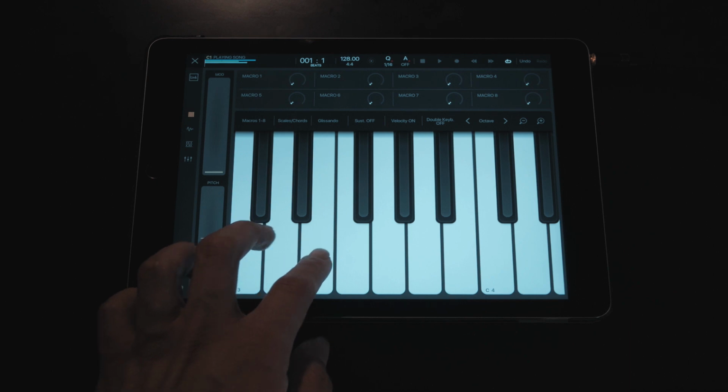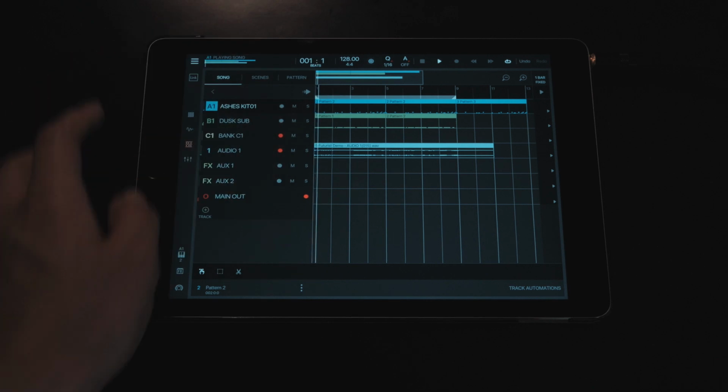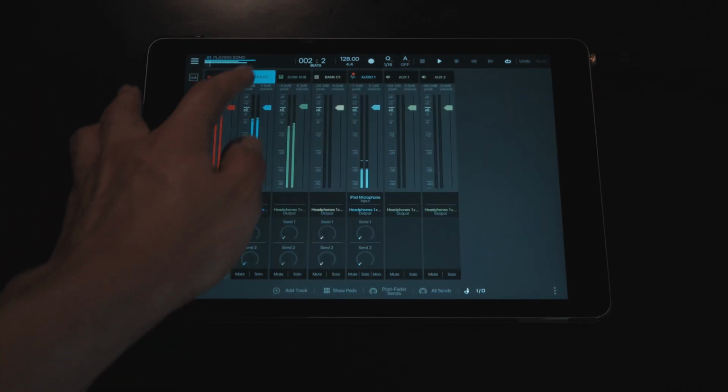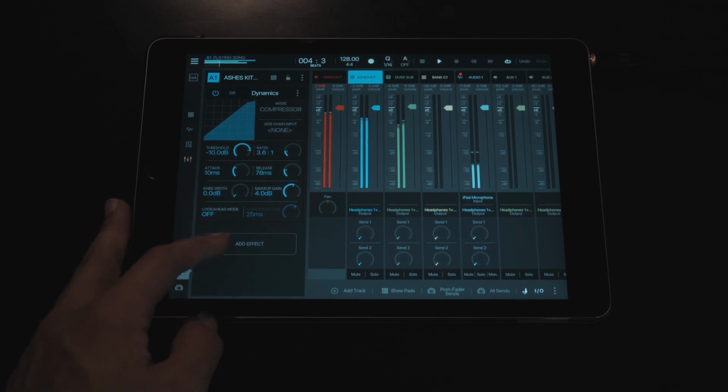Now we're getting somewhere. Okay, so we have the fundamentals of our project, but something's missing. So I'm gonna go in here and I'm gonna add effects to the tracks that I want to kind of spice up just to give them the boost that they need. Let's start with our drums, which could definitely use some tweaking. All we have to do is tap the button under the piano icon in the transport toolbar, then we can instantly add a wide variety of effects to the whole channel.